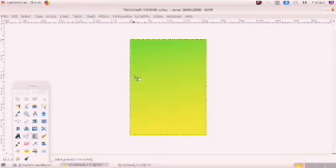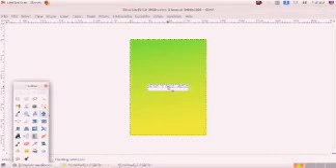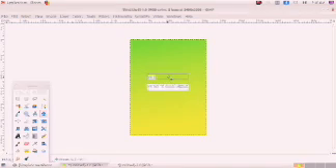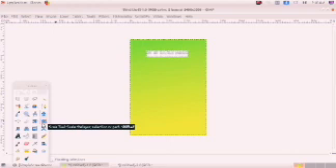Now it is visible. Then that position is not suitable for us, so we have to move that logo to the suitable position by using the move tool, and I am going to scale it, means the size is too small, so I have to resize it.